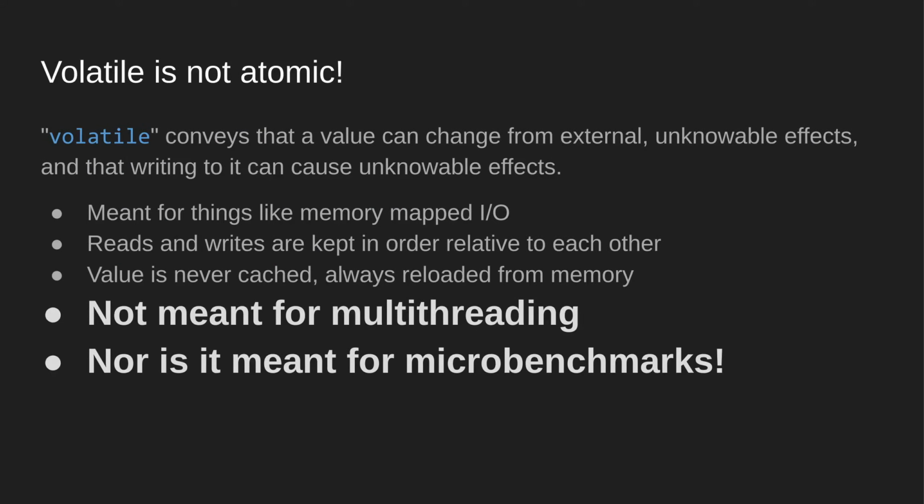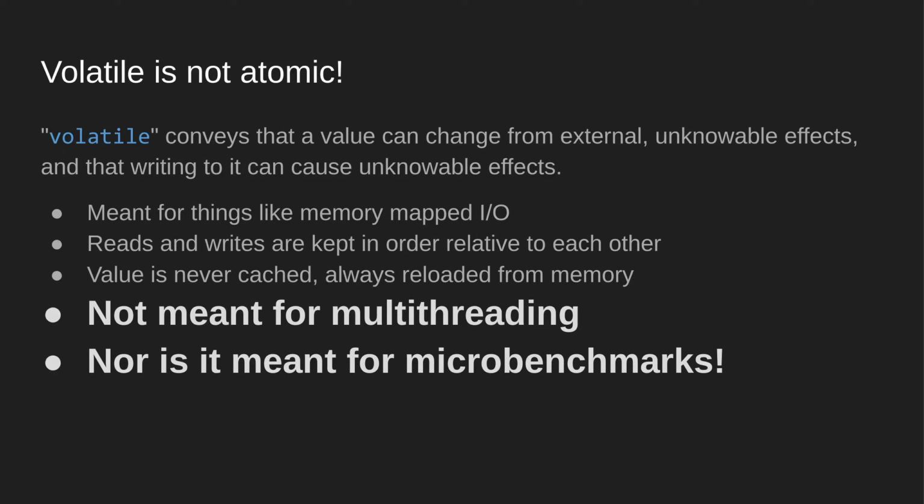Alright, we are nearing the end of the talk, and I promised a little bit of a rant about the volatile keyword. Volatile was originally meant for memory mapped input-output. So you have some sort of memory address, and whatever is at that address can change. For instance, from some sort of input event, or maybe you're using it to output. And this happens a lot on embedded devices, for instance, right?